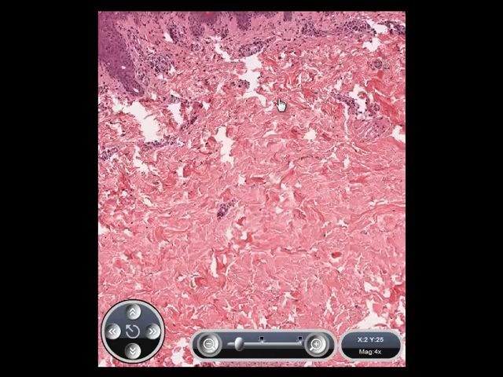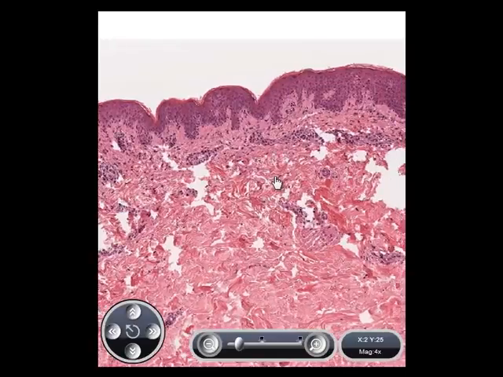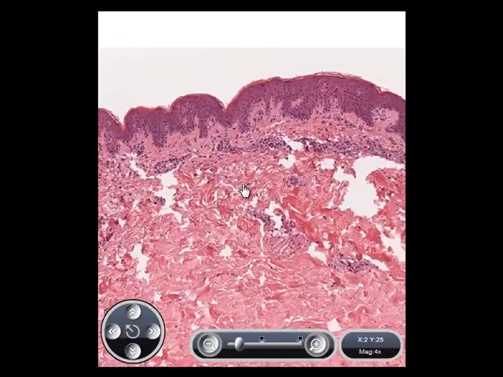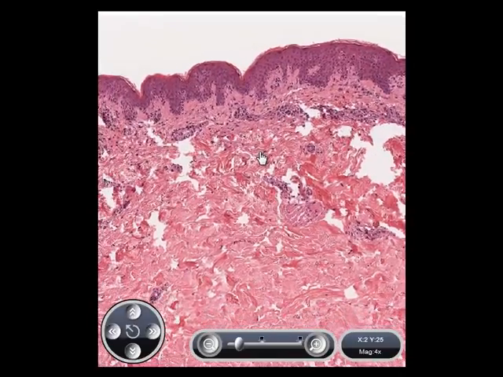we can start to see some of the features that are more characteristic of graft versus host disease. The first finding is that of hyperorthokeratosis and at times even parakeratosis. This helps to differentiate graft versus host disease from erythema multiforme. Next,